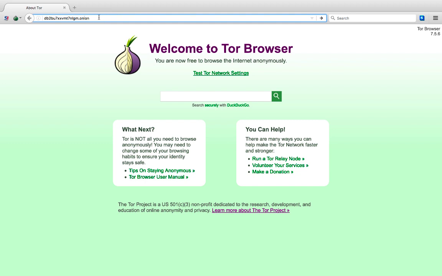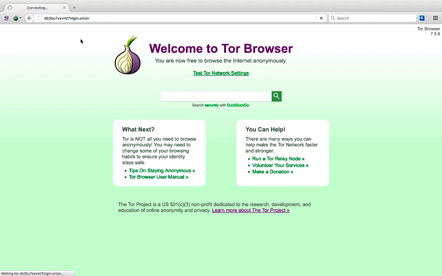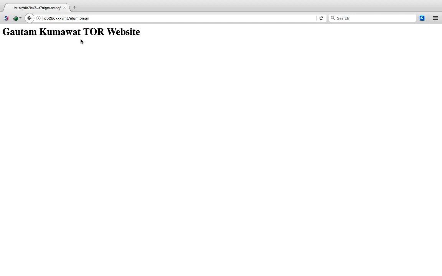I copied that address into my main Mac machine, and I'm trying to open this URL using my Tor browser. I hit enter and wait for the website to load. You can see I'm successfully able to see this Tor website on my Mac operating system also. So right now this website is live.